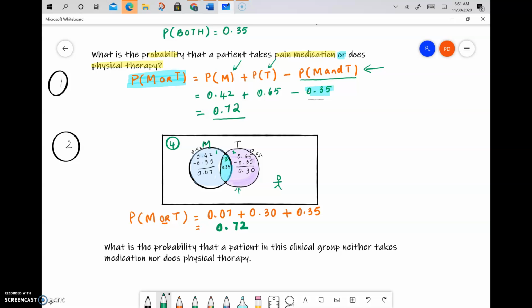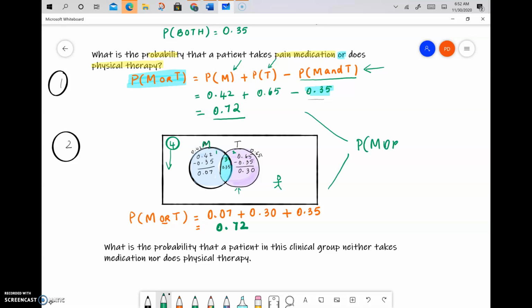And therefore, we have to calculate the probability of region 4. And that would be the probability that a patient takes neither pain medication nor does physical therapy. So when we add all the numbers in the two circles, we get 0.72. That is, probability of M or T would be the two circles combined. You can calculate that in two different ways, and both ways the answer is